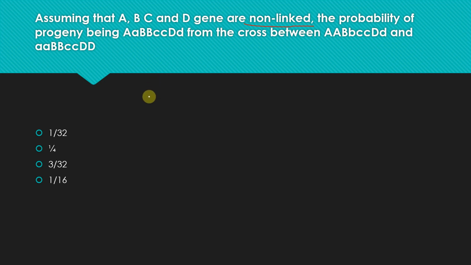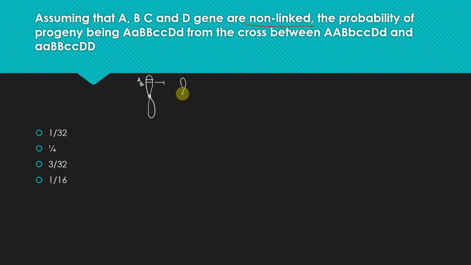Non-linked basically means, if you have a chromosome, you know the genes are present on the chromosomes, right? So let's suppose these are two genes present on the chromosome, gene A and gene B. Now you can see that these genes are present very close to each other, right? So they have the tendency to pass on to their progeny in the same form. Means they are going to pass on together only. A and B both will be passed together to the next progeny. That will be called linked genes, because they like to stay together, they want to link together.